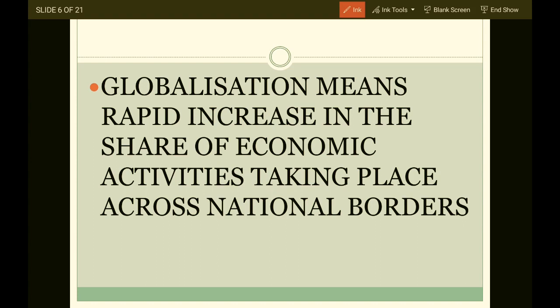We are importing a lot of products from different countries. If I talk about technological products, we are importing from China, Japan, UK, USA. And if I talk about petroleum and diesel, we are importing from Arabian countries. As well, we are exporting to other countries also. We are exporting more agriculture products, and small scale industry products have a huge demand in the international market. So this is the interaction among different economies for one product or another.